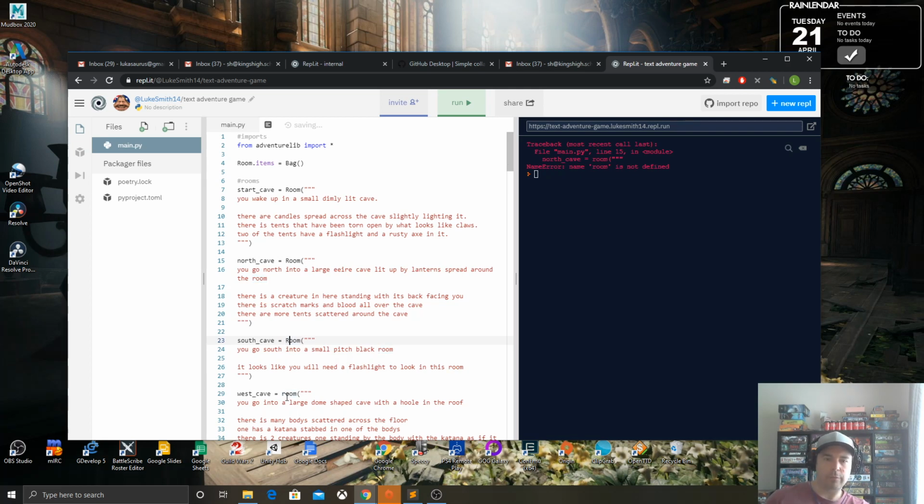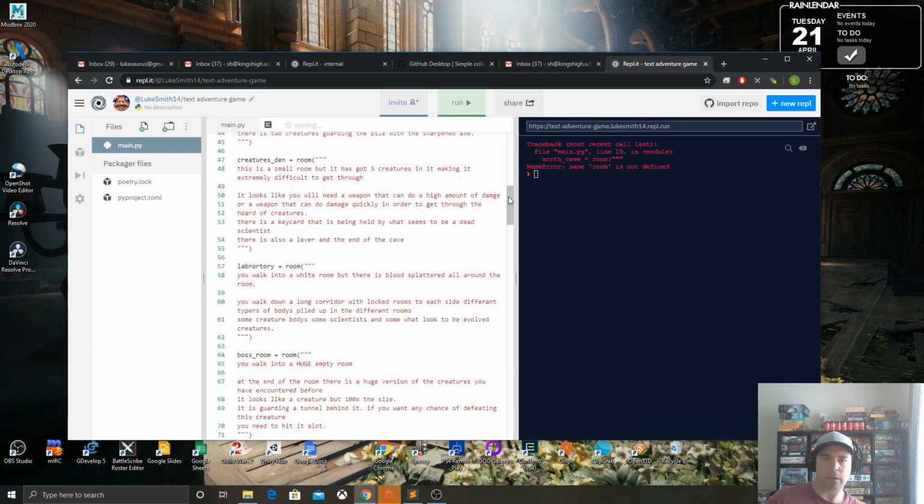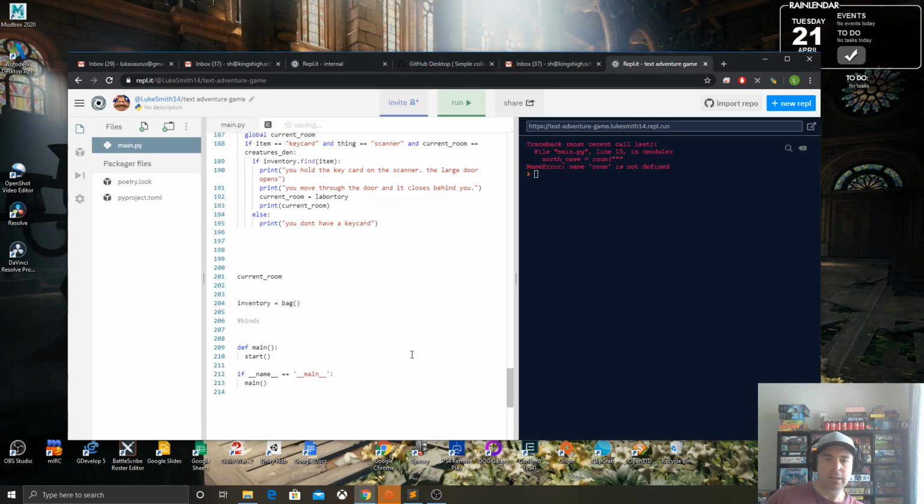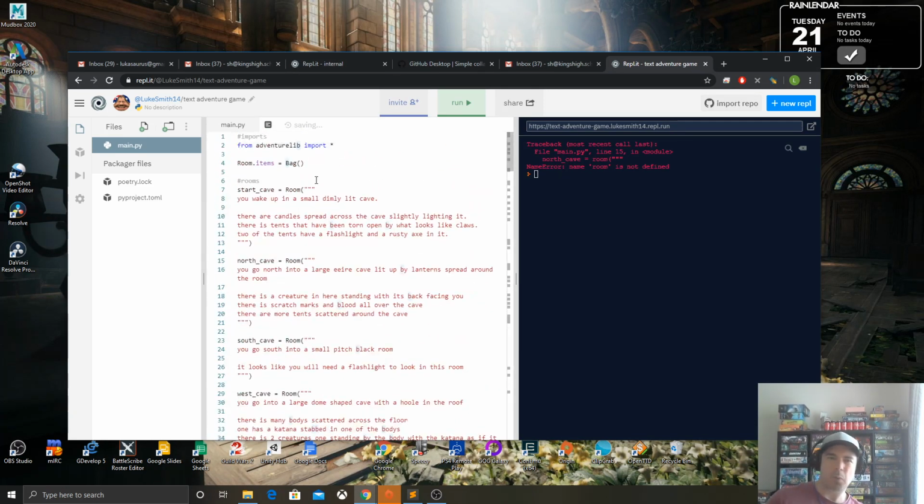I'm not going to go through and fix all of these. This looks like the main problem that you're having. You may have other problems down there. I haven't had a look at them, but I can see that you haven't defined these classes properly. So in Python, rooms and bags are what are known as a class, and classes always start with capitals.